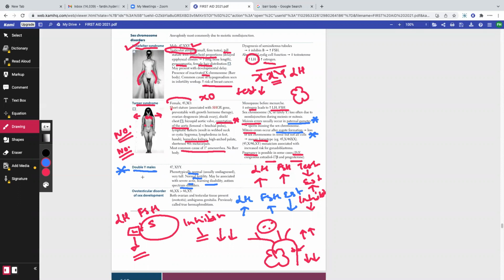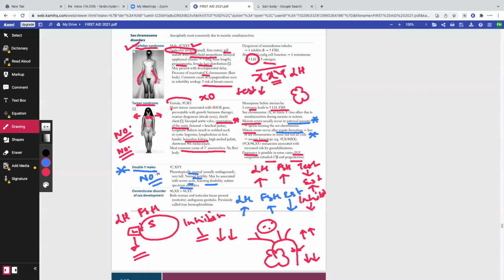For example, let's say that you are responsible for making a USMLE Step 1 question. Is it going to be easy for you to make a question about double Y males? Because when you tell your students in your question that there is a male who comes to you with normal fertility, severe acne, learning disability, and autism spectrum disorder, do you understand that the students will not choose double Y males? They will instantly choose something else, let's say Fragile X syndrome, or exogenous steroid abuse, something that is more common. So do you think there's a possibility that they will make questions for diseases that are not common at all? The answer is no. Okay, so that's that.